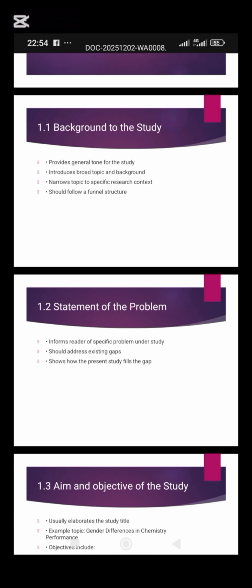So the statement of the problem will identify the particular problem which your study is about to solve, and the reason why you are embarking on that research problem. So you are not clueless. To contrast, it will investigate